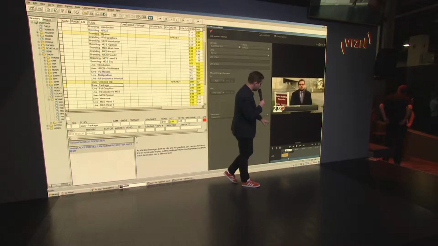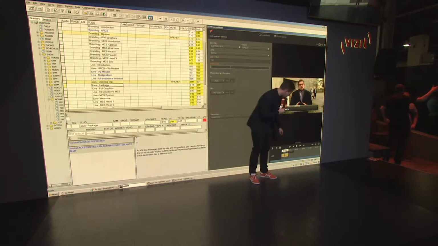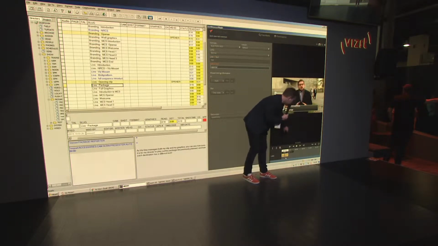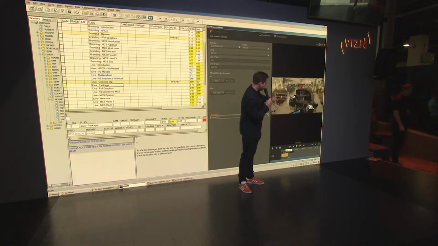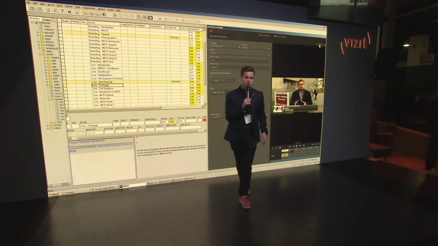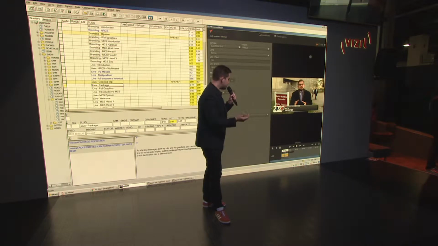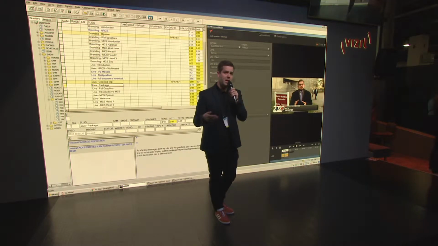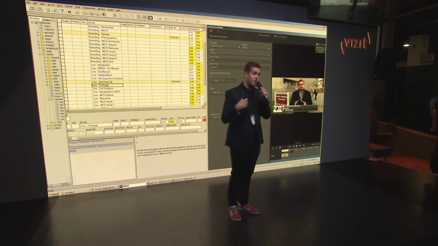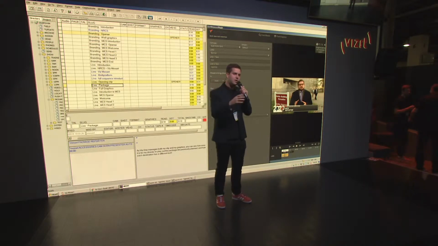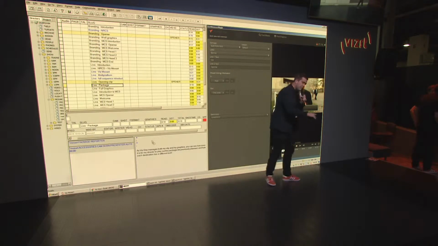What you can see my journalist here is doing is bringing the two together, video and graphics. So here I'm able to, with a timeline view down here, put graphics on my video clip. And my journalist can easily see a composite of the two and understand exactly how this will look on air. Now, this is simple, this is very easy to do, and it's thanks to Vizrt's Metagraphics principle, where we're storing graphics and media as metadata, but as separate elements. So that means that we can bind the two together in the destination rather than burning in the graphics at this stage. You'll see more of that a little bit later.